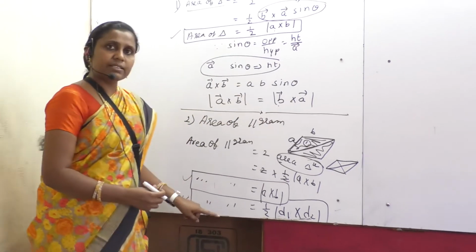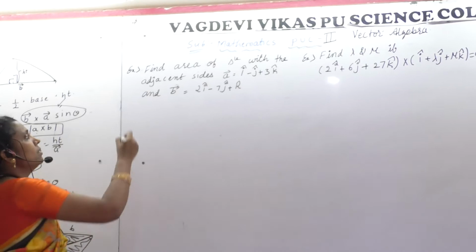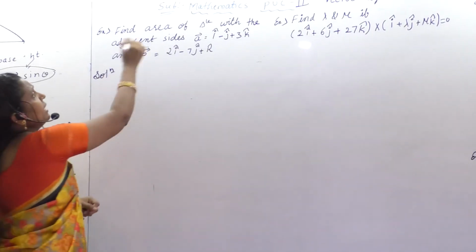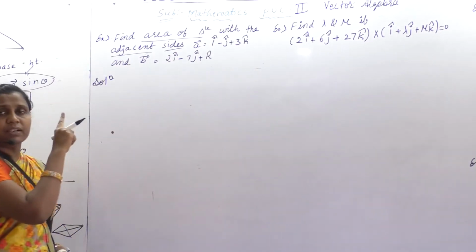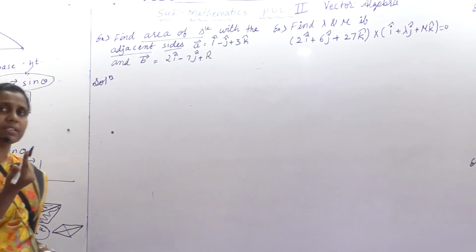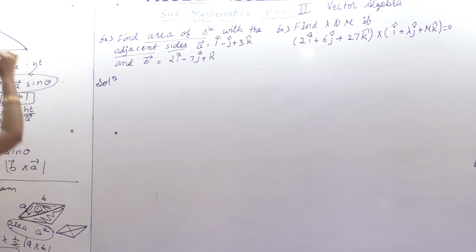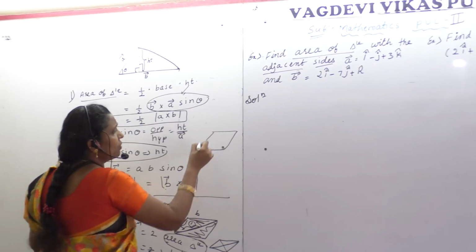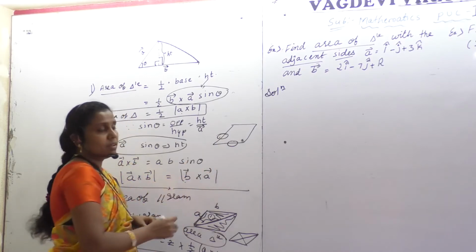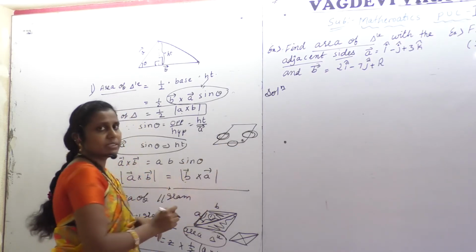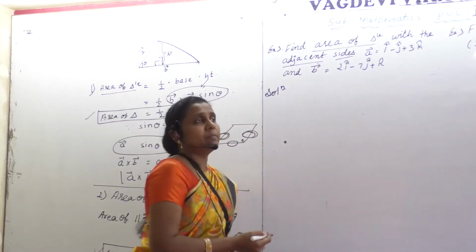With respect to these concepts, I just have gathered a few simple examples. Let me deal with this. So check the question. Find area of triangle with the adjacent sides. This is very important. Adjacent sides must be there. In a triangle, it makes no difference. Adjacent sides means continuous, this side, or this and this side. But in the parallelogram, it makes a lot of difference. These two sides are said to be adjacent sides. Which two? This and this. This and this are not said to be adjacent sides. You must be very careful and alert while collecting the data.